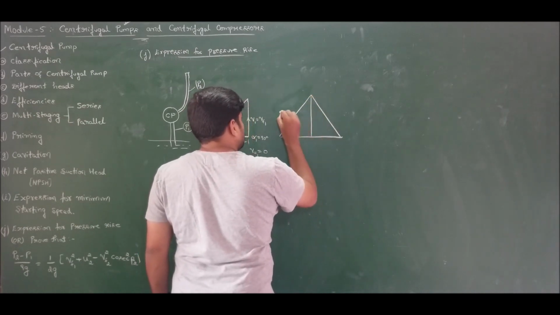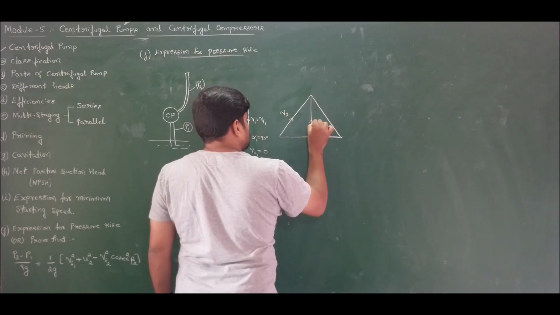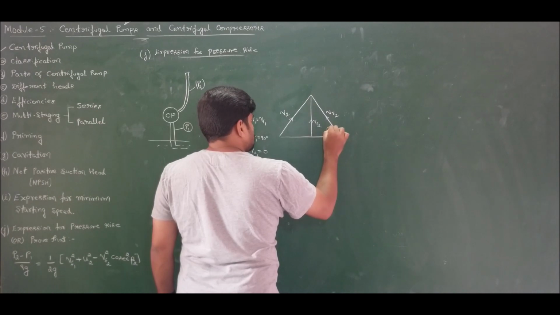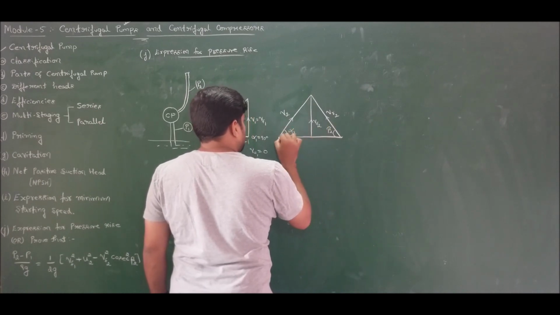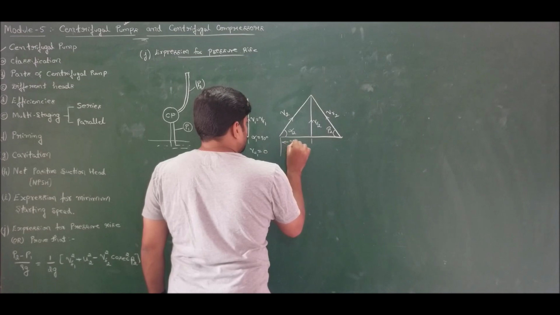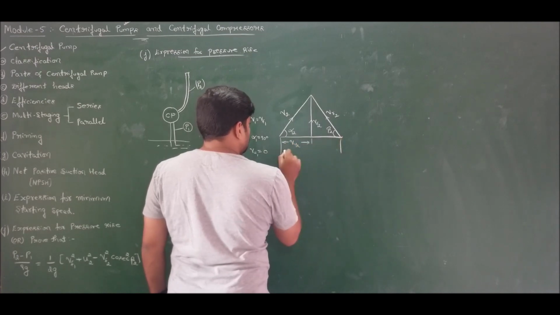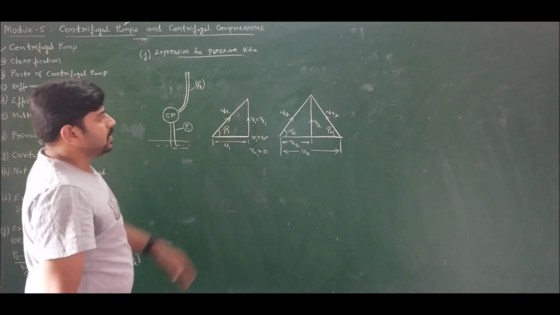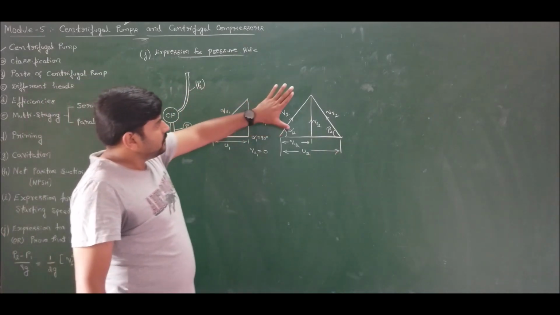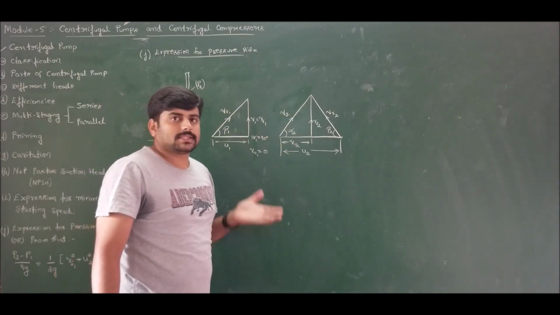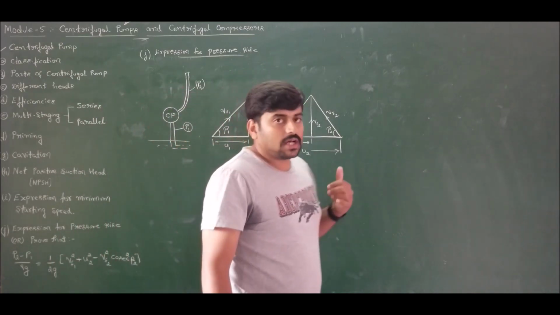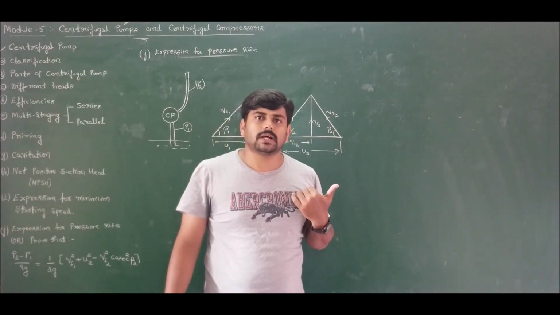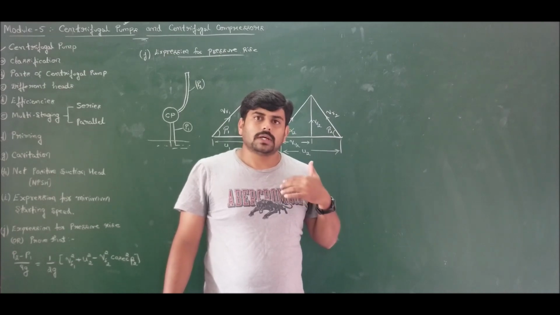So we have, let us say, V2, Vf2, Vr2, this is beta 2, and alpha 2, V2 to Vf2 is Vu2, and from here we have V2. So this you people already know. So this is the velocity triangle for backward curved vanes, which I have explained during our discussion on theoretical head capacity relationship for power absorbing turbo machine, that is centrifugal pump and centrifugal compressors, in module 2, lecture 12,